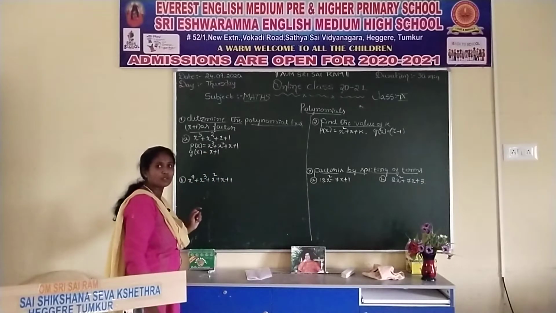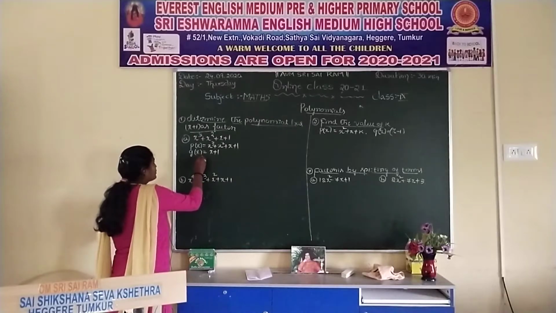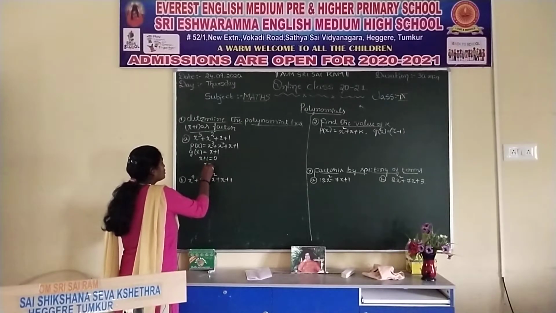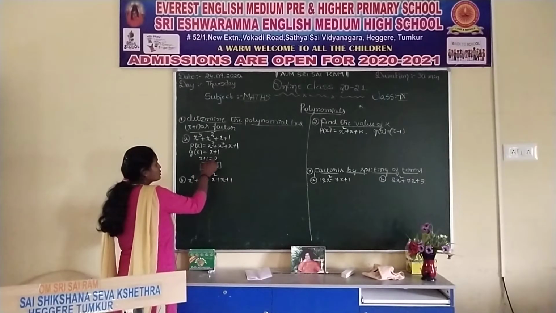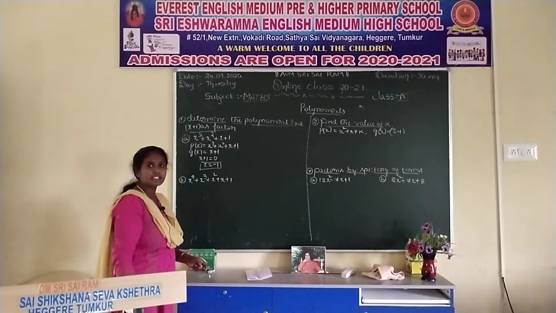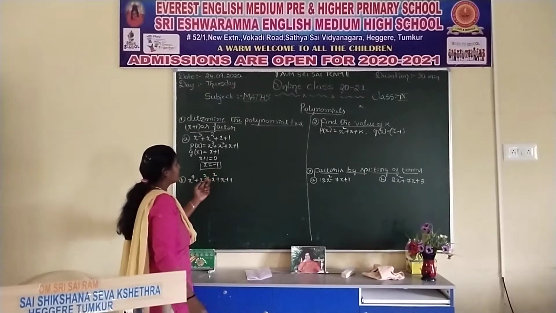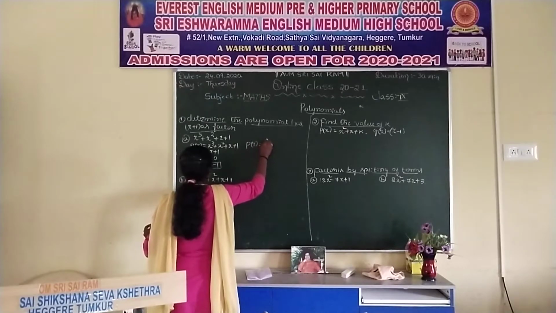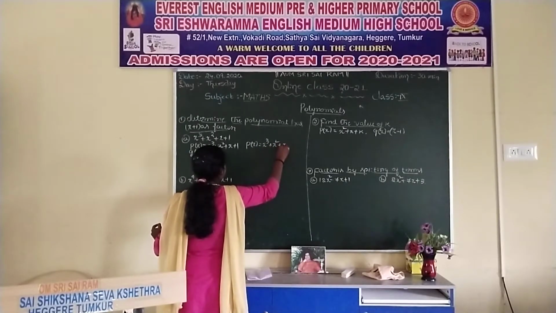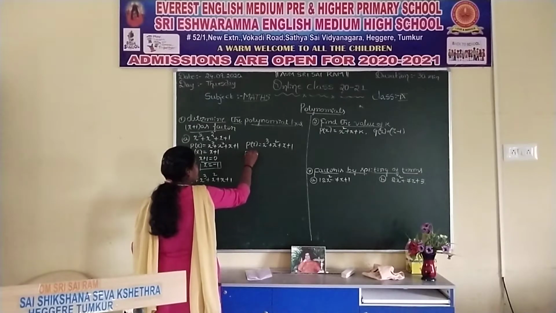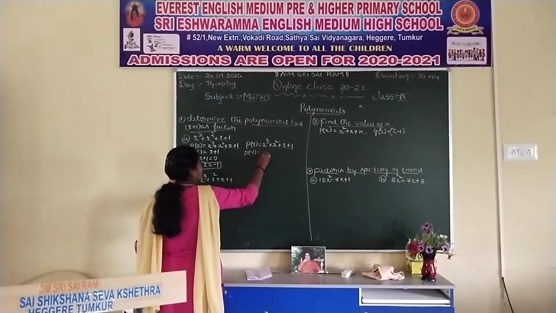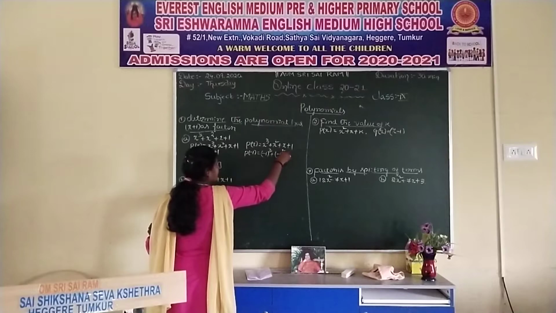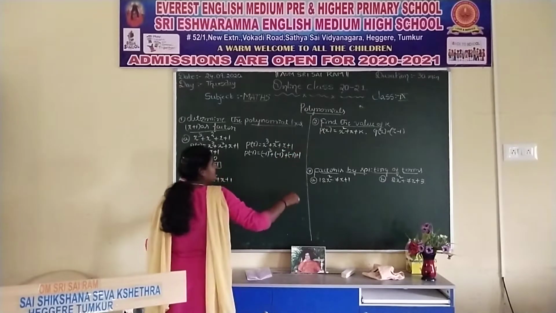g of x is equal to x plus 1, and also you have to equate that x plus 1 to 0. x plus 1 is equal to 0, so x is equal to, you take this plus 1 to the right hand side, it becomes minus 1. Substitute the value of minus 1 in the required polynomial. So p of x is equal to x cube plus x square plus x plus 1. See here, p of minus 1 is equal to minus 1 whole cube plus minus 1 square, plus minus 1, and plus 1.